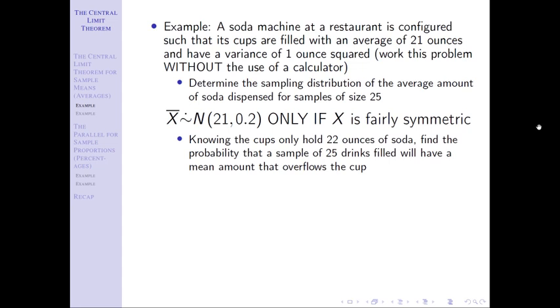See how we got that? We said, just read the question. Probability that a sample will have a mean, a sample mean. So it's the probability that x bar, and then it says overflows the cup. Now this one doesn't actually say probability that x bar is less than this, greater than this, or in between. It says overflows the cup. Well, now I just have to use the rest of the problem and say that the cup holds 22 ounces. So overflowing the cup means x bar would be greater than 22. So first step, write out your probability statement.